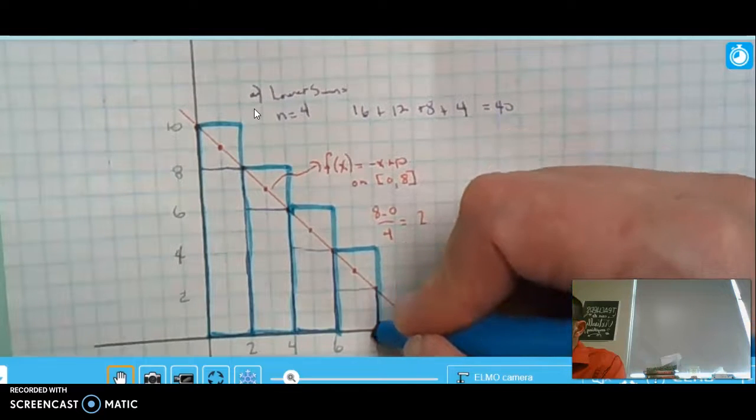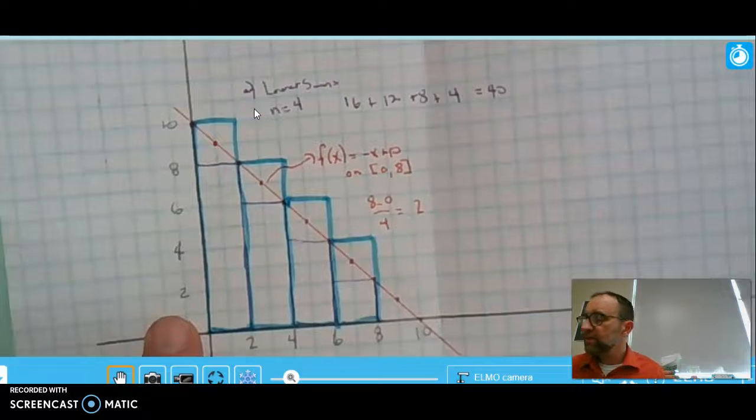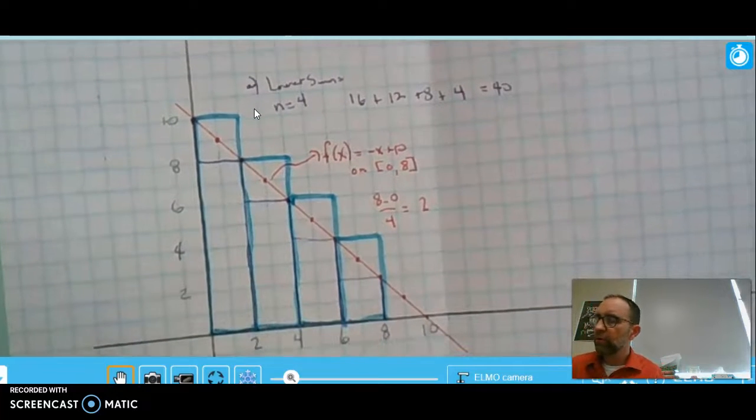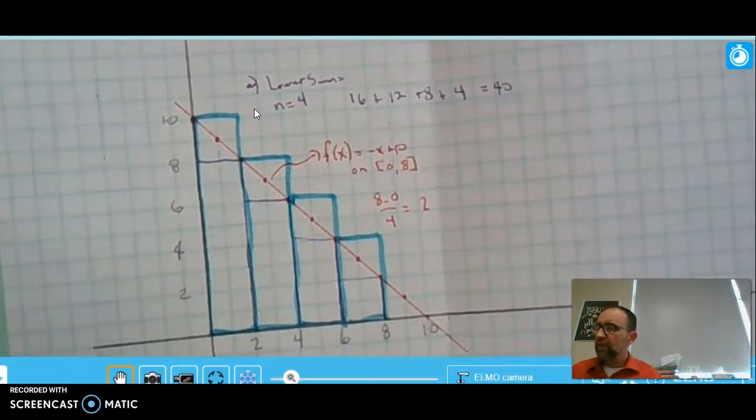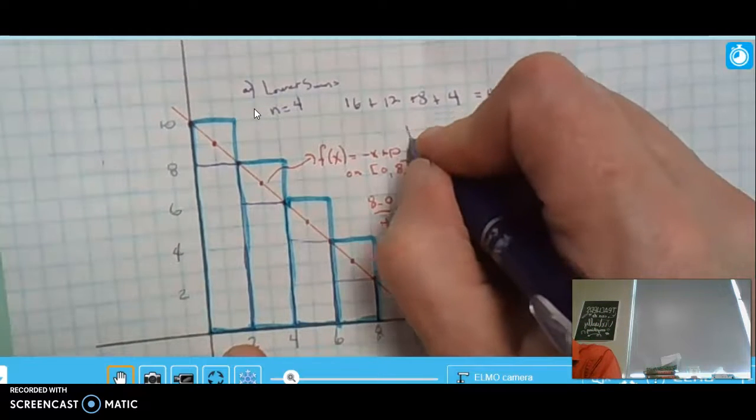So our over approximation would be the area of these 1, 2, 3, 4 blue rectangles. So this would be for part B, the upper sum